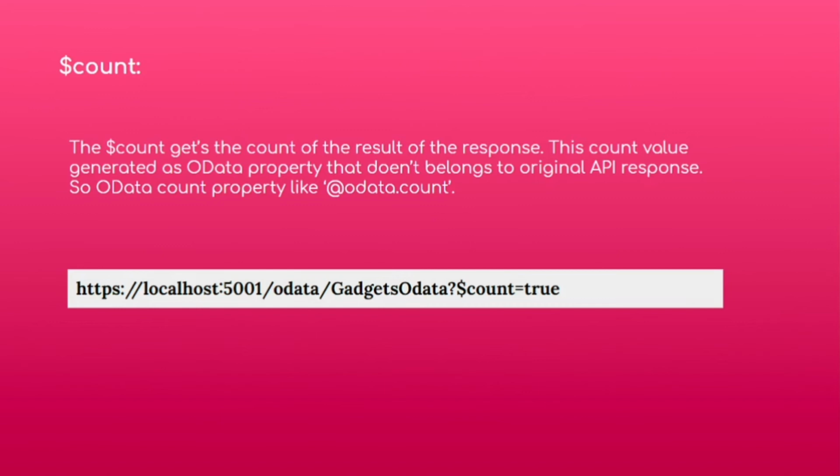But those OData properties will only come for OData routing. In normal web API routing, they are excluded. They won't come. So that is why we are not able to see the count value, because count will come as OData.count, which is an OData property. So with the normal web API implementation, it won't work. Okay. So to make it work, we need to implement OData routing.